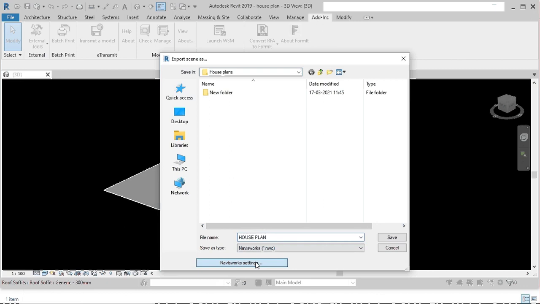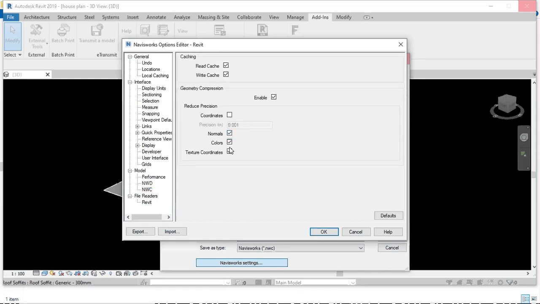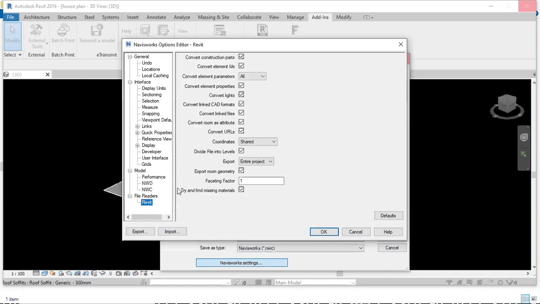This is the architecture view. First I convert this view: go to Add-ins, External Tools, Navisworks. I can arrange the settings also. Whatever it is, I can arrange the settings for the converted file in the Navisworks settings. Now I select the tick marks I need, and untick the values I don't need.